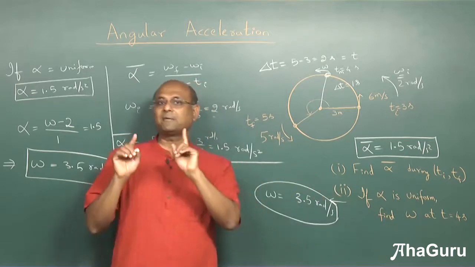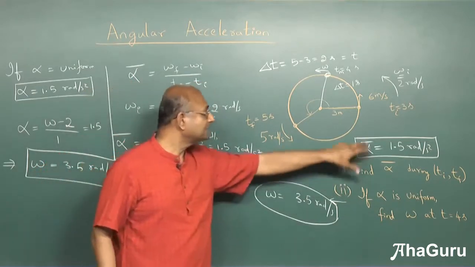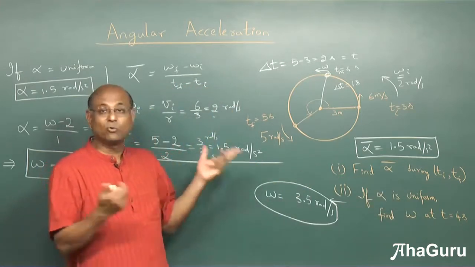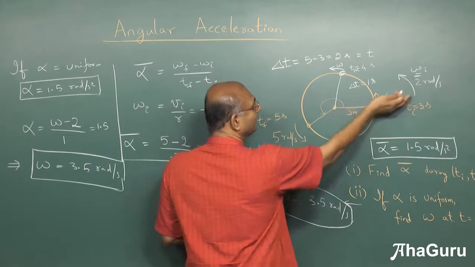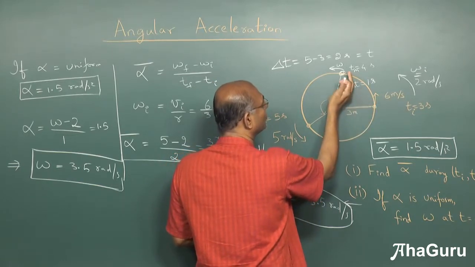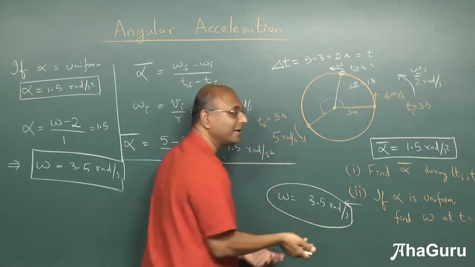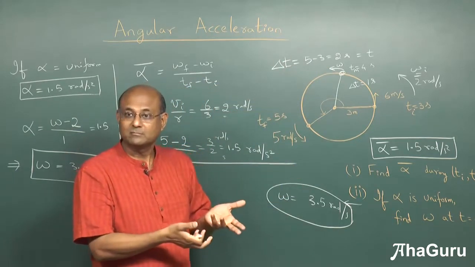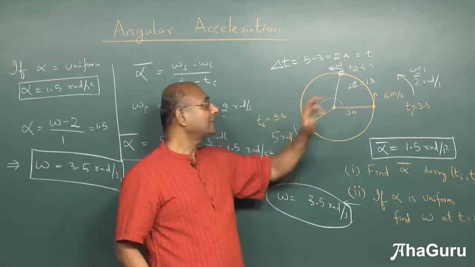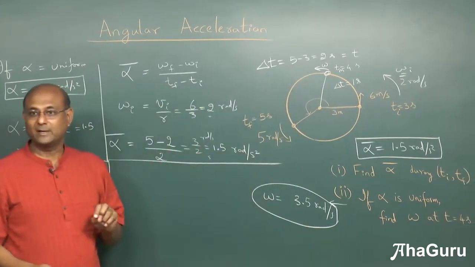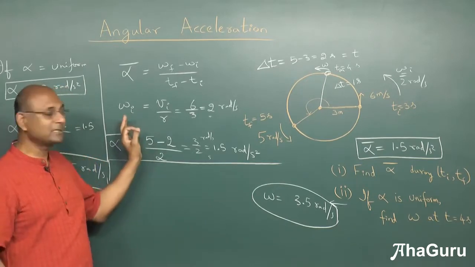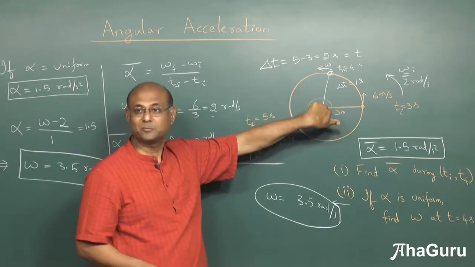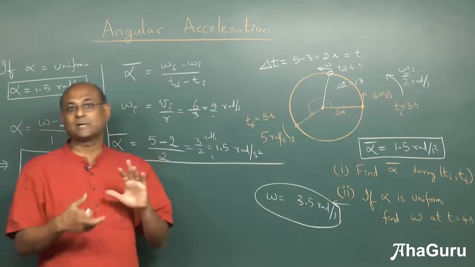Suppose I had not told you alpha is uniform. With just this information, without knowing alpha is uniform, can I calculate omega at the 4th second? No. Because maybe it started out at 2, maybe it remained 2 for a while, and at this point it was only like 2 or 2.1, and then suddenly it started accelerating more. But if it is uniform, then you can actually find out what the omega there should be. With average angular acceleration, you only get some broad information. You don't get to know with that what you can calculate at various points. But if I knew that alpha was uniform, then of course I know a lot more information.